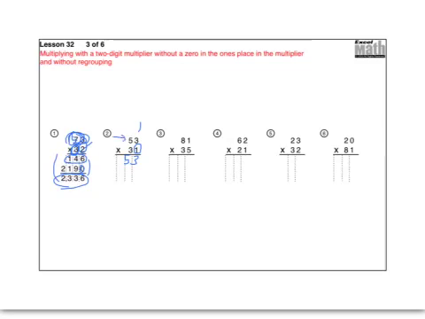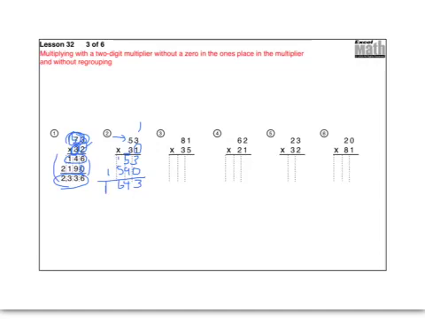But 53 times 30 is what I'm going to do next, and so I'm putting a 0 down to hold the ones place, and 3 times 3 is 9, and then 5 times 3 is 15, and add those together to get